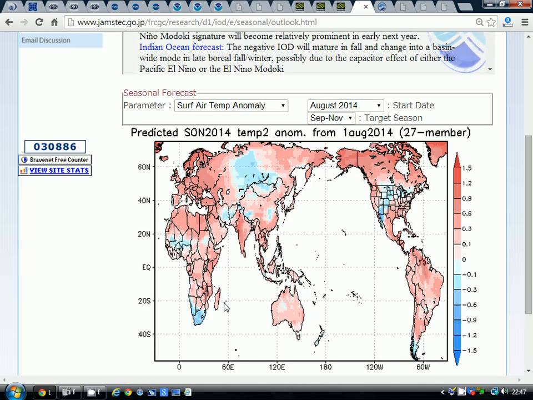Going through to the Jamstec IOD, and we're coming towards the end now. Jamstec IOD seeing a warmer than average autumn. This is a bit of a change round. Earlier on in the autumn, I think Jamstec was one of the models that was indicating a chance of a cooler than average autumn, but now we're in those salmon pink colours, as is most of Europe. A very warm autumn coming up there for most of Europe.